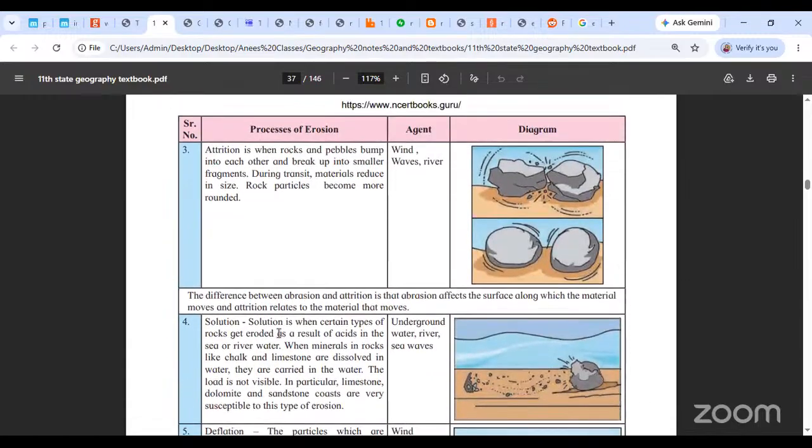The next is attrition. Attrition is, now nothing happens to the surface through which the rock is moving. We are saying within the load, as in whatever the water or the air is carrying, within the load, whatever pieces of material exist,